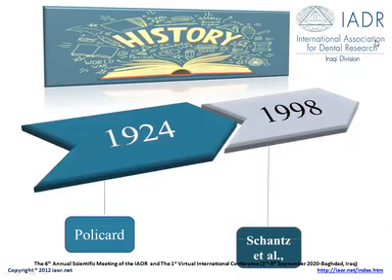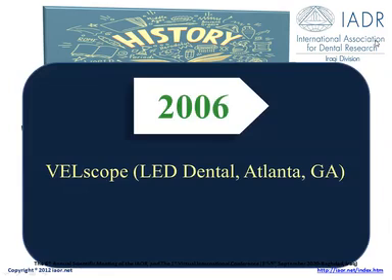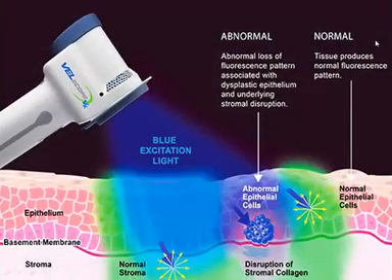The history of the VEL: autofluorescence examinations date back to 1924, and successive studies and experiments continued until 1998. The great revolution in this field came in 2006, when the VEL device was introduced by the LED Dental Company. The principle of this approach depends on the normal autofluorescent characteristic of the epithelium. So, when the blue excitation light is emitted from the viloscopy device at a wavelength of about 460 nanometers,